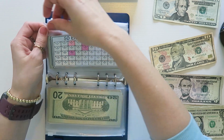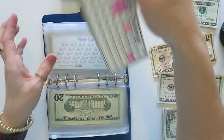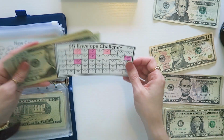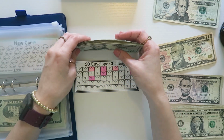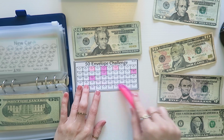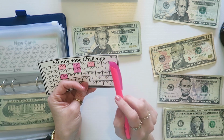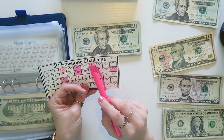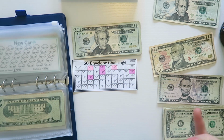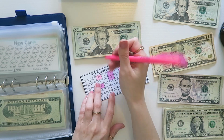All right, and then the 50 envelope challenge. This is, of course, a sort of adaptation of the 100 envelope challenge that is very popular. I am poor, so I thought adapting it to stuff smaller amounts would be best for my situation, and I know a lot of you guys relate to this as well. At the end of this 50 envelope challenge, you have $1,275. And today we are stuffing, what amount are we stuffing? We are stuffing the $4